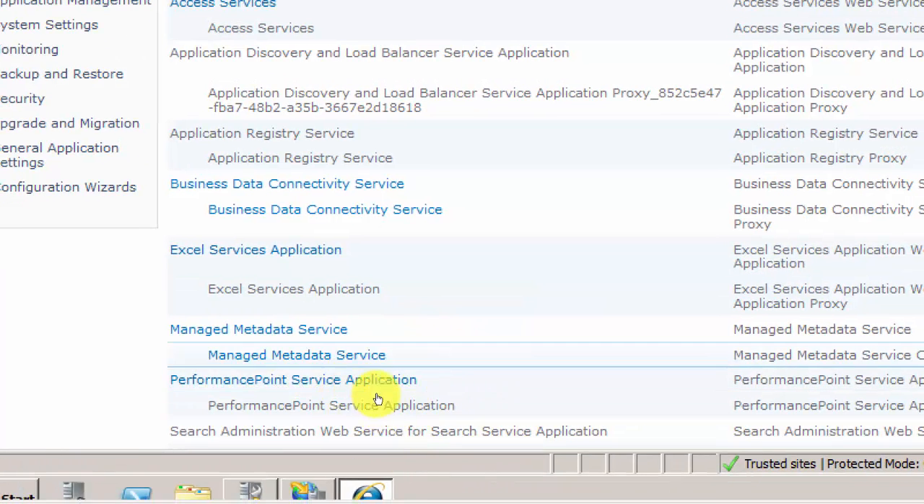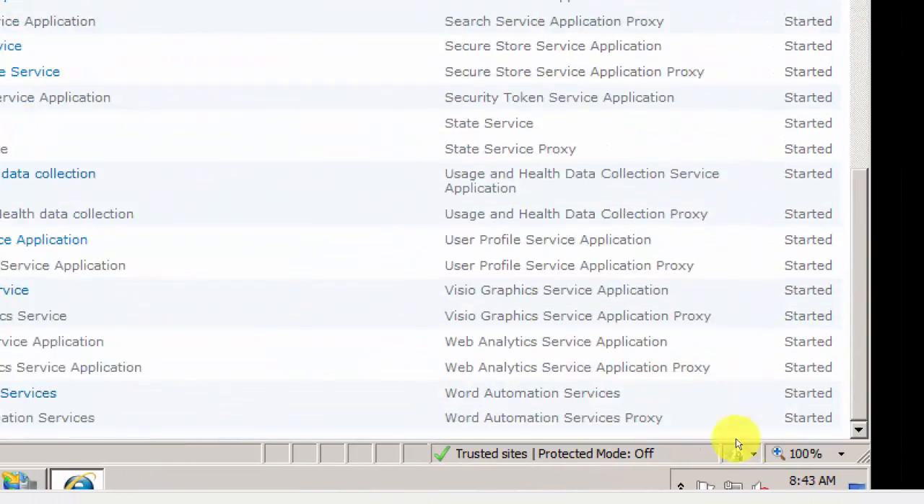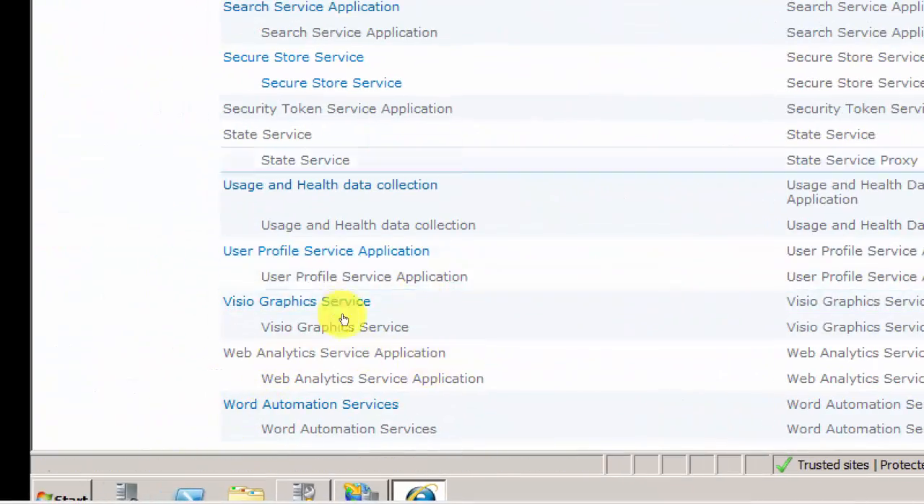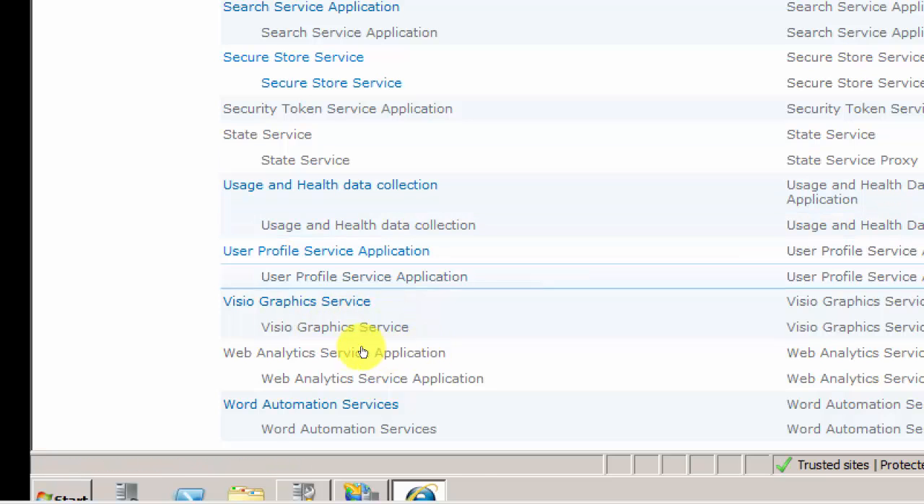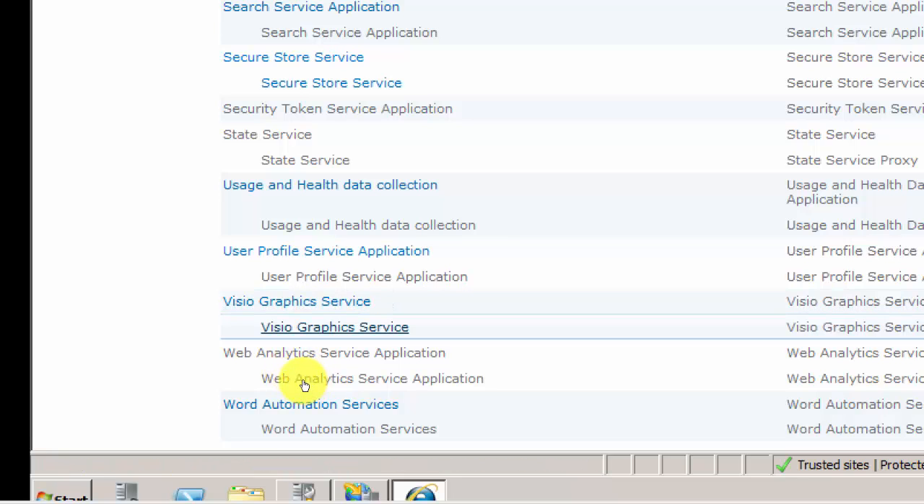And then there are managed metadata services, PerformancePoint service application. There are many other services that we can use with SharePoint. So Visio, anyone knows what's Visio? Visio. Anyone ever use Visio? It's for? Okay, so it's for graphics. You want to create maps, not exact AutoCAD maps, but